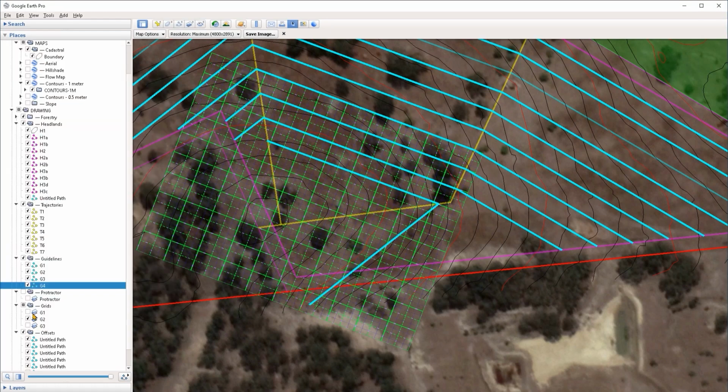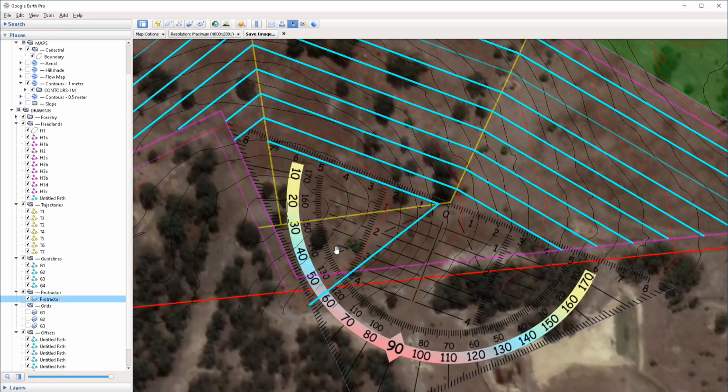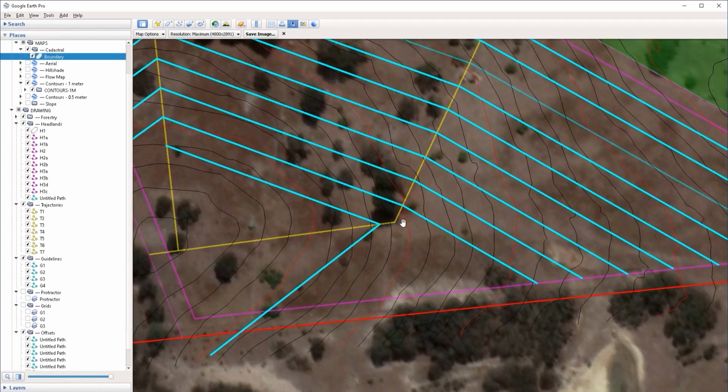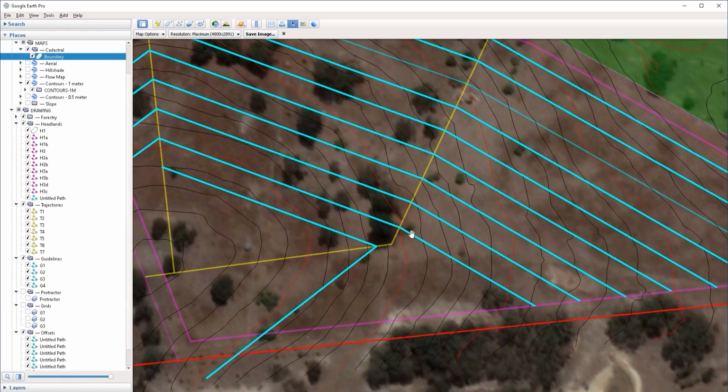Now just to verify with the protractor that we still get the even angle split. This more or less looks correct to me, so I'm going to turn off the protractor. The other thing we have to do is to create a 10-meter offset from this other guideline, because we want